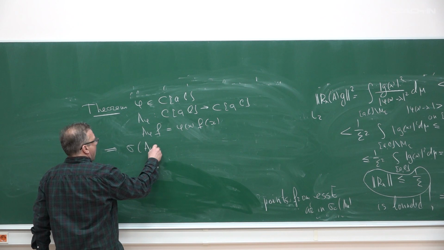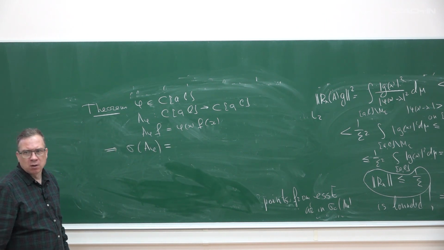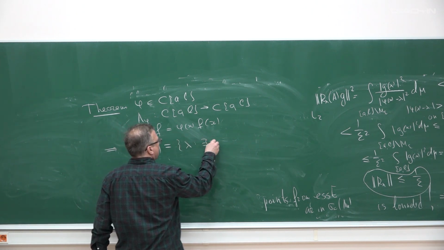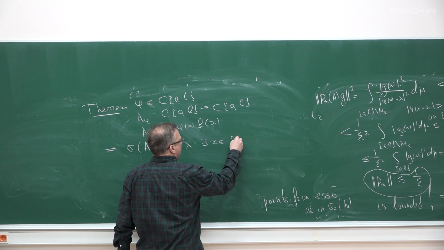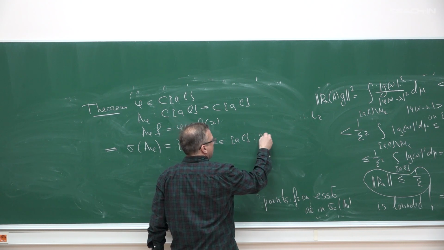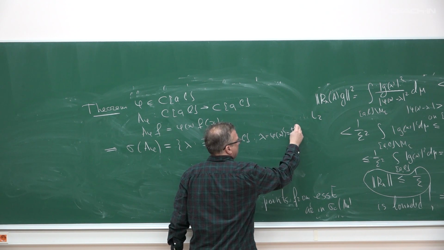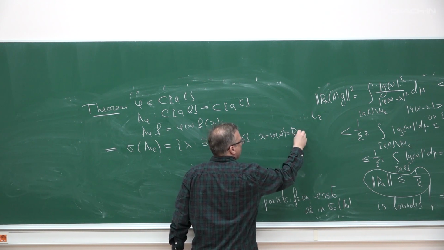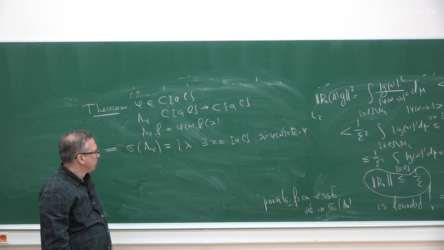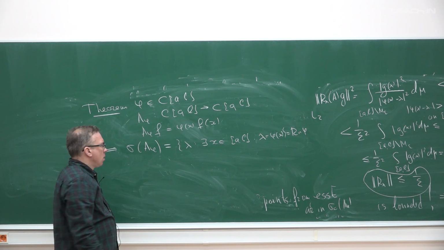Spectrum of operator A phi is just the values of function phi. So such lambda that there exists x from AB such that lambda equals phi of x. We can define that as the image or range of function phi. Yeah? Just a value. And classification,